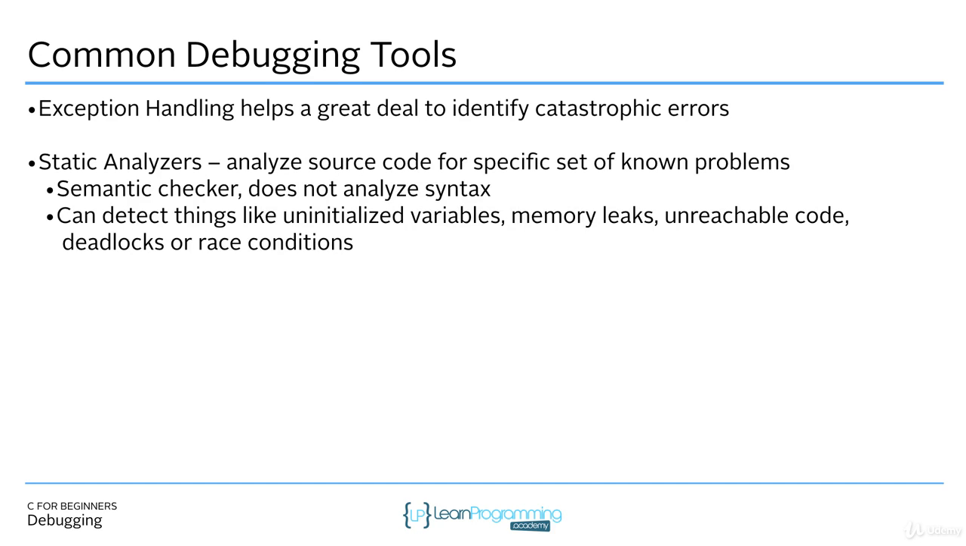Static analyzers. There are many static analyzers available for C. Static analyzers analyze the source code without the actual executable running. The program doesn't need to run. It goes line by line and looks at the source code, and as it's parsing the source code, it looks for any known problems. So it can check semantics. It can make sure that